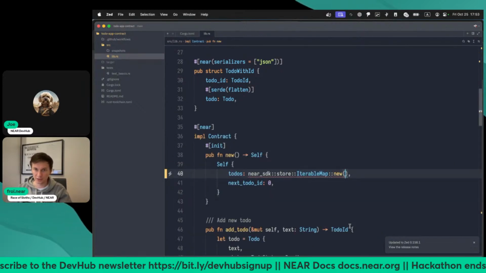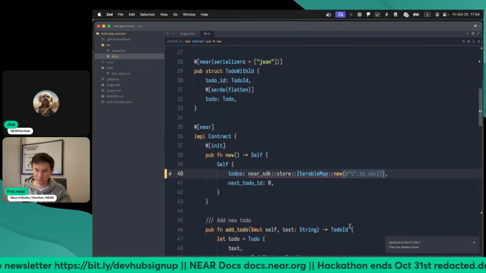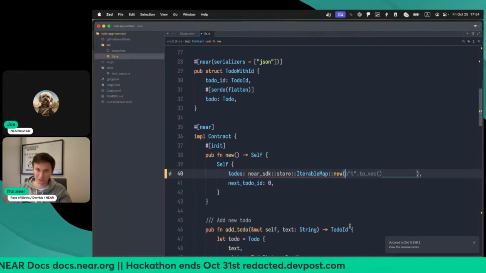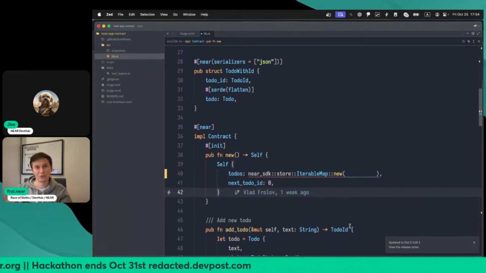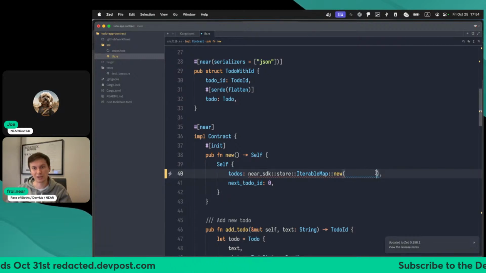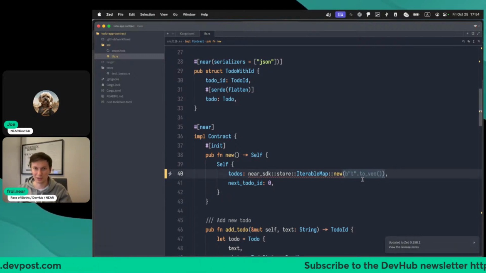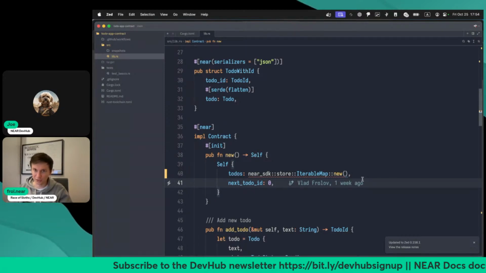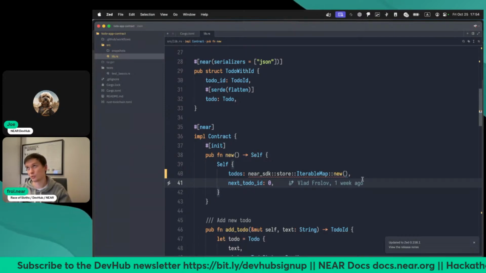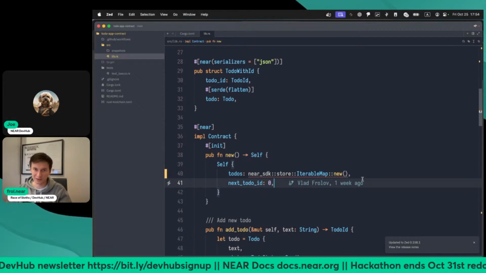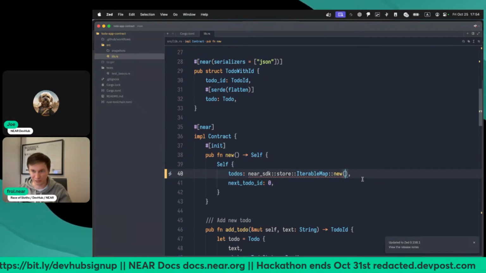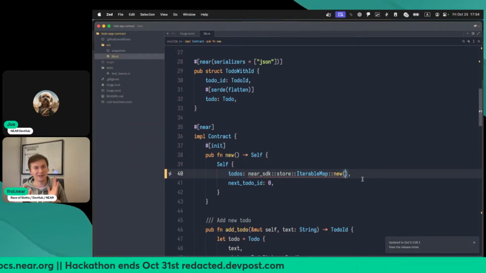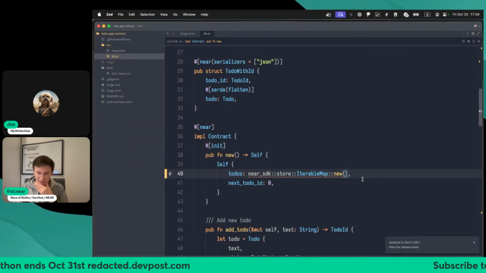This is a thing that we need to maybe stop for a bit to think about: what this prefix could be used for and why it's here. As I said, these collections are using storage read and storage write operations, and they basically just expect the key and value. They use the shared